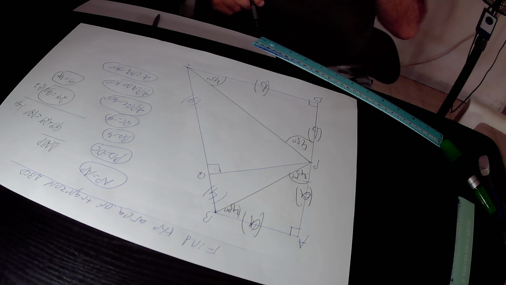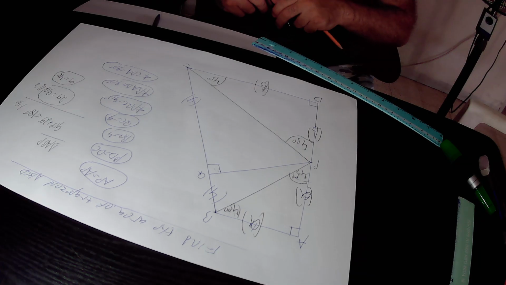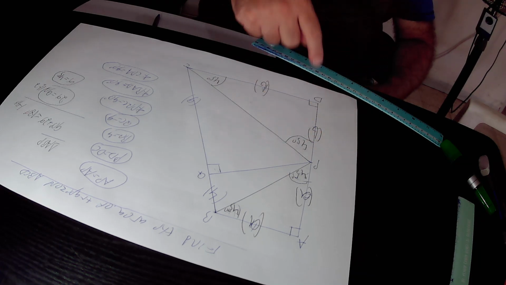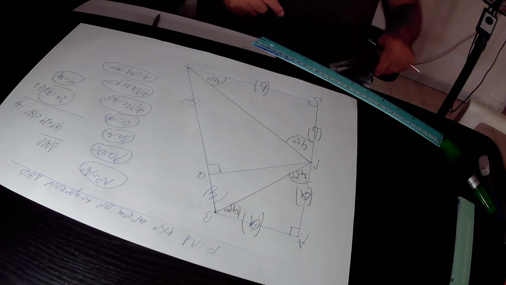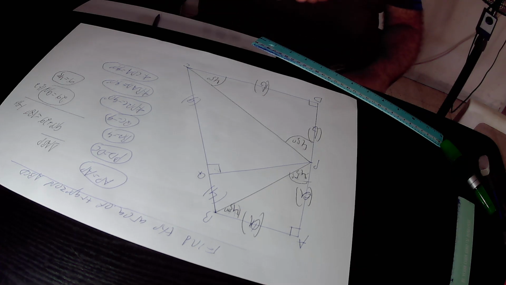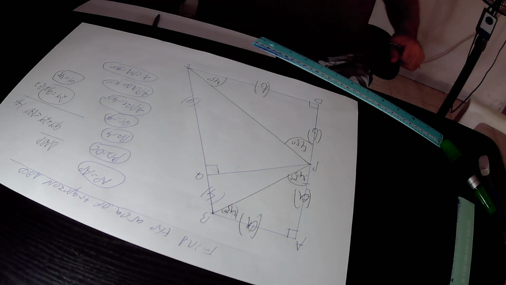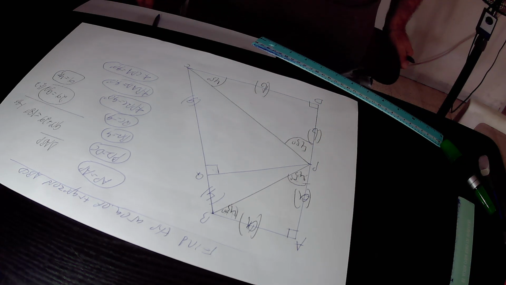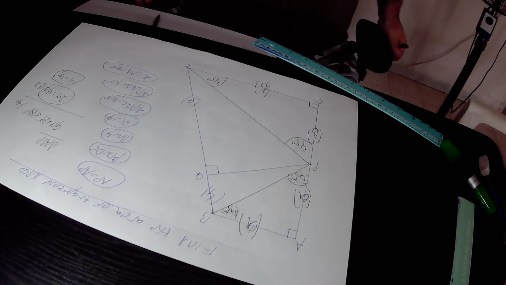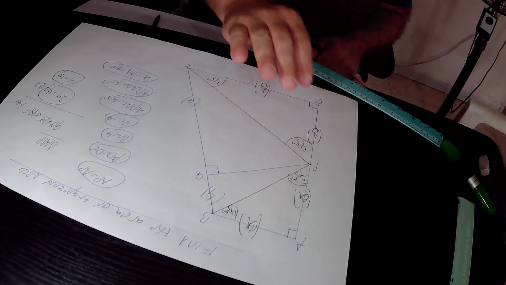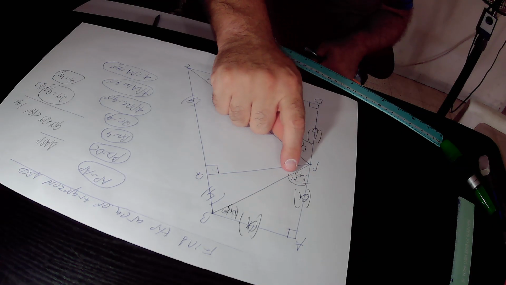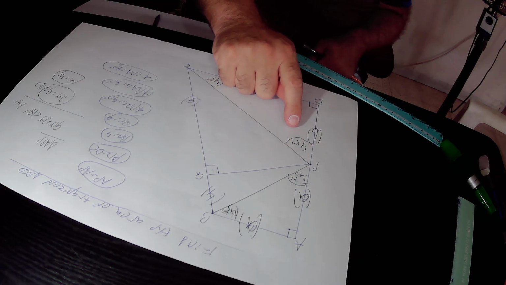triangle PDC. So, if we know that AD is one side of trapezoid ABCD, therefore it is absolutely a straight line. So if we focus on the right side of the straight line AD at point P, here the sum of the angles must be equal to 180 degrees, according to rule 3 that says that the sum of the angles on one side of a straight line is equal to 180 degrees. So which angles do we have at the right side of AD at point P? We have this angle that is 45 degrees, plus this angle that is also 45 degrees, in total it is 90 degrees,